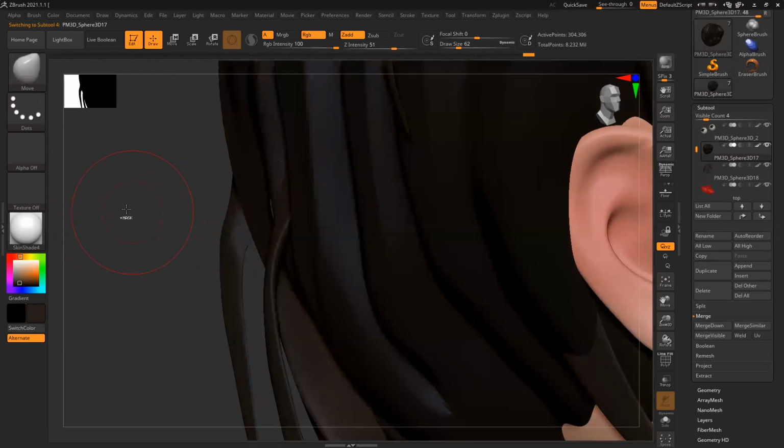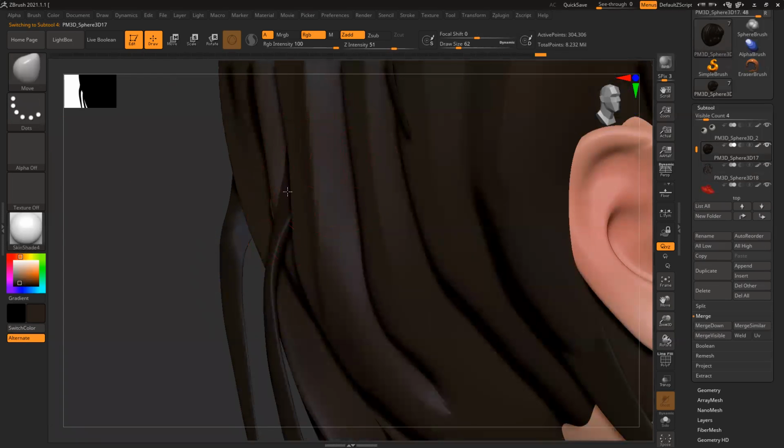Move brush, move it, but that looks a little odd.